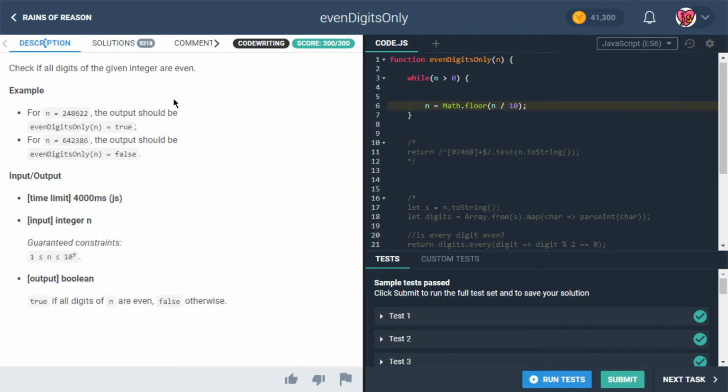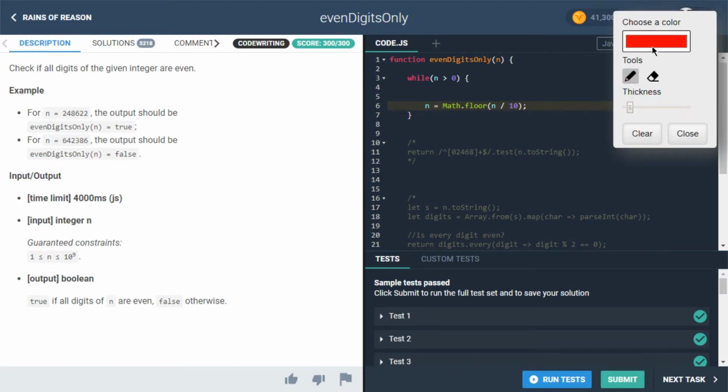Okay, so why are we doing that? Well, let's use this one as an example. And let's get a really sick color in here. Okay, great. So 6, 4, 2, 3, 8, 6. We've got this number here, and we're saying while this is greater than 0, we're going to do this. Is this greater than 0? Yeah, it is. So this is n right now, but then after we do the math.floor of n divided by 10, what would n divided by 10 be? It would be